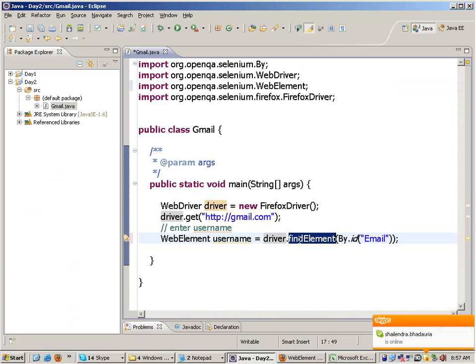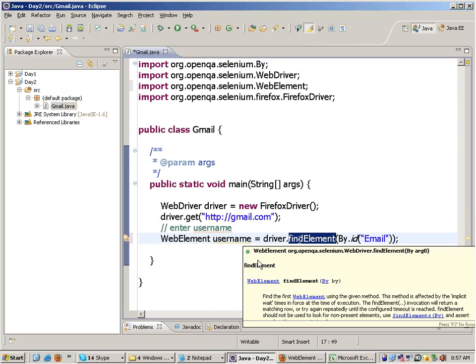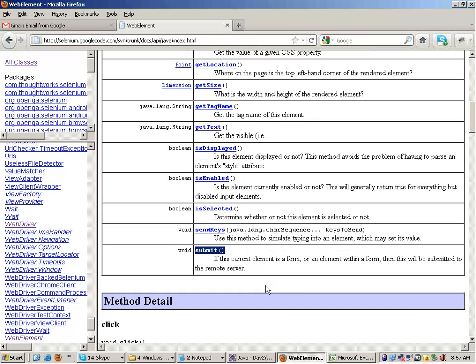So this returns the username field. Okay. And how do I write in the username field? There's a function called send keys. If you read the description of this, it will say that use this method to simulate typing into an element which may set its value. Okay, so with the help of send keys function, you can set the